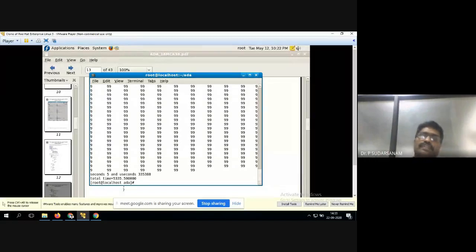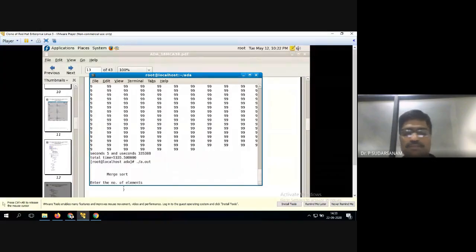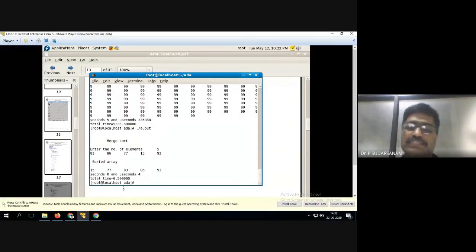You have to take 5 different values of n. Don't take 10, 15, 20, 30. Last class also I showed you. You have to take at least lakhs: 10 lakhs, 20 lakhs, 30 lakhs, 50 lakhs. Like that you take, then only you will get the time. Otherwise, if you enter only 5 numbers, only the error factor will display and it will not display the remaining values. So you have to take bigger numbers.